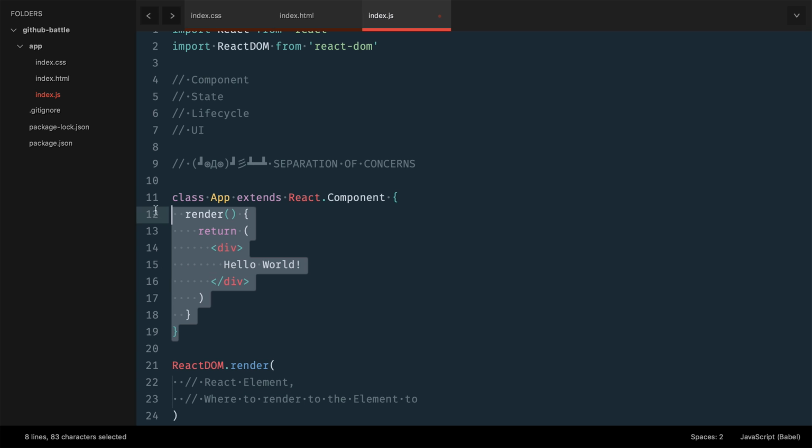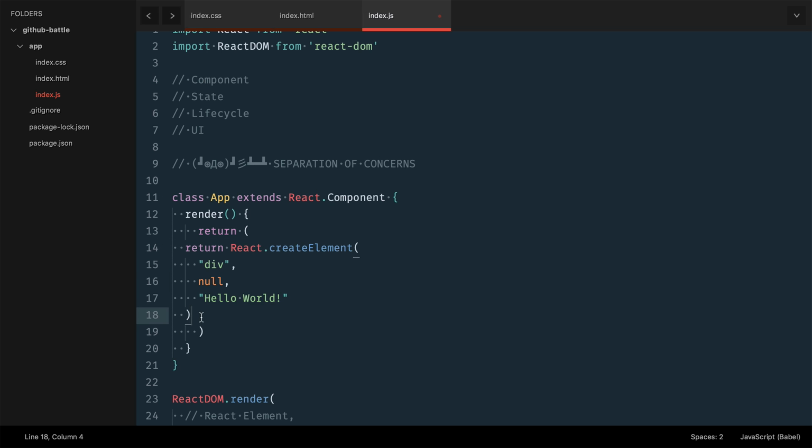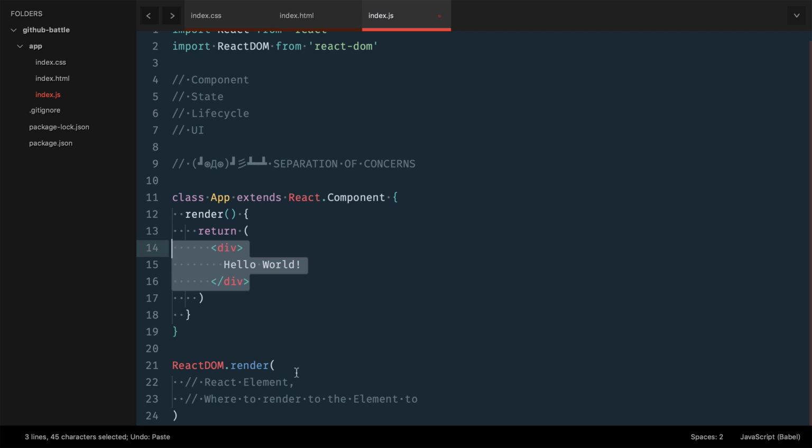We have our component right here that we very elegantly defined. Now, how do we get a React element out of that? Well, if you remember earlier, we said that when Babel gets a hold of our JSX, it's going to convert it into these create element invocations. So what that means is whenever you use JSX, really what's being created under the hood for you is an element. So if we want to pass an element to the first argument of React DOM.render, what we can do is we can use JSX and say app,